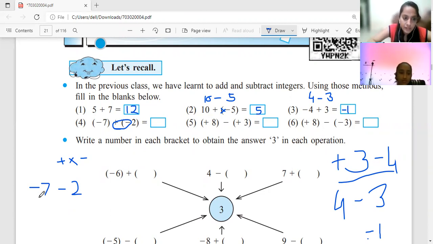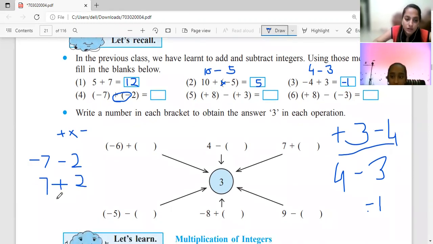Yes. ठीक है, चलो. Now we have again three signs, and we have converted them into two signs. Now the two signs are minus into minus. So negative into negative is positive, so your calculation must be in positive. Okay, so 7 plus 2 will result into 9. So it is going to result into 9.